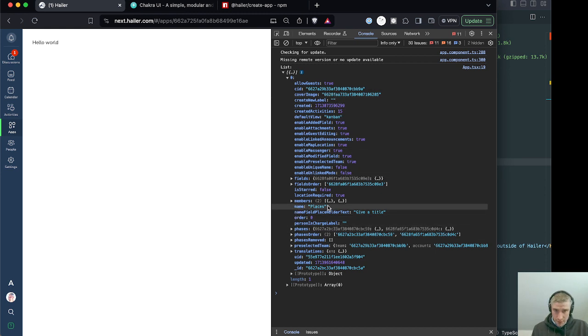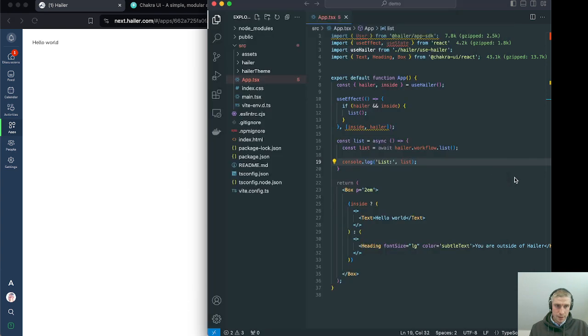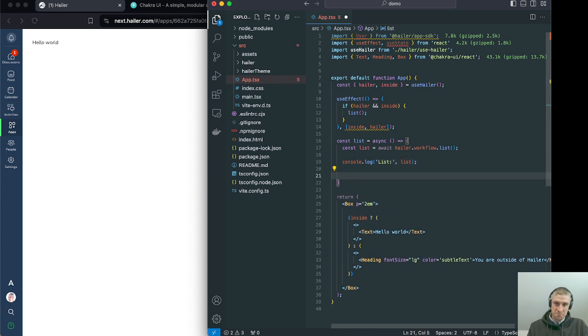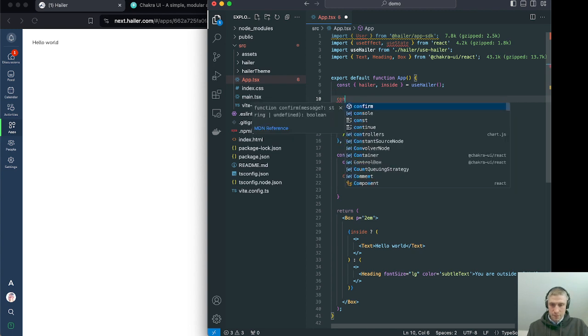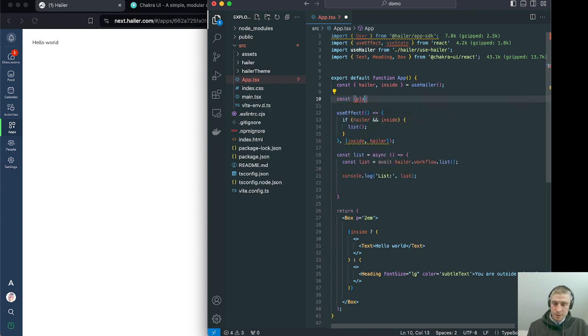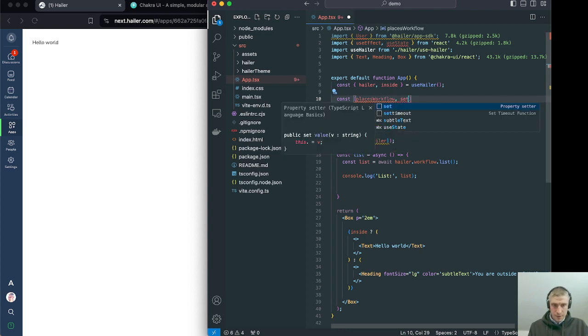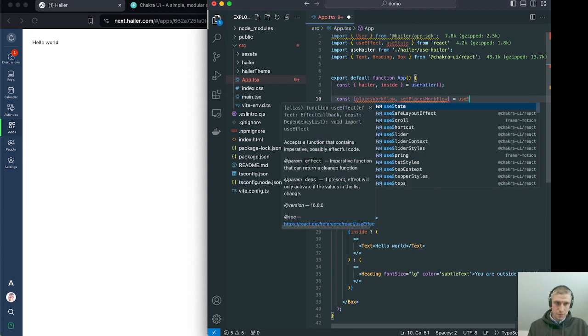Let's look for the name. So name places, there's only one workflow here currently, but we will future-proof this and try to filter out the workflow with the name places. So we take that with us, and we want to pick that out. We say we can create a state: places workflow, set places workflow, and use state,